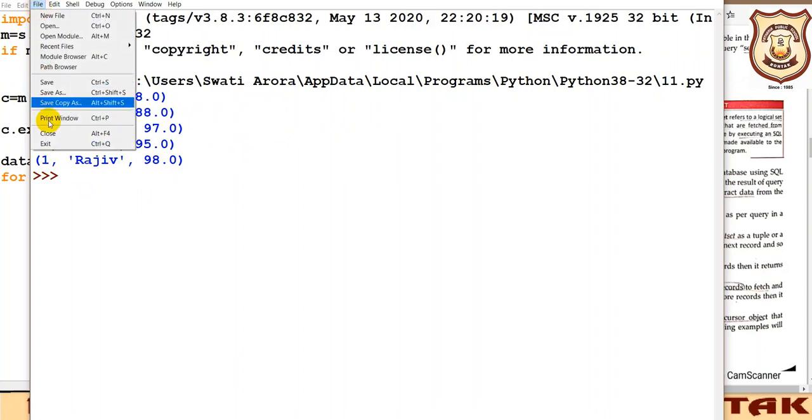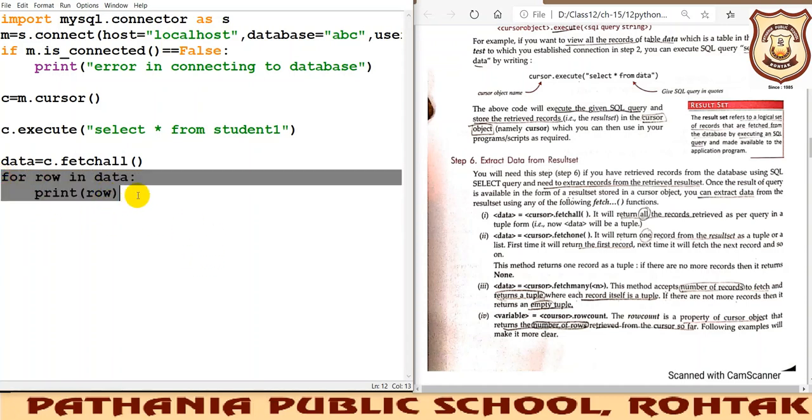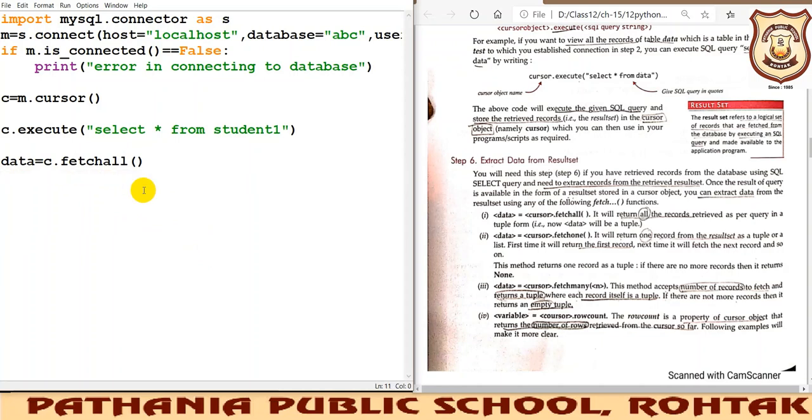Okay, so beta, next we want to use this row count function. Actually, I will not recommend this to be used now. So how to use this row count function? It will help you count the number of rows fetched by fetchall.